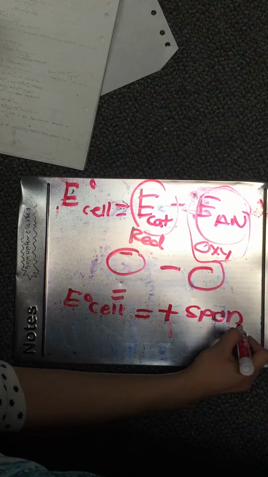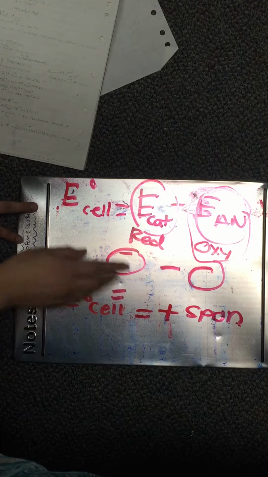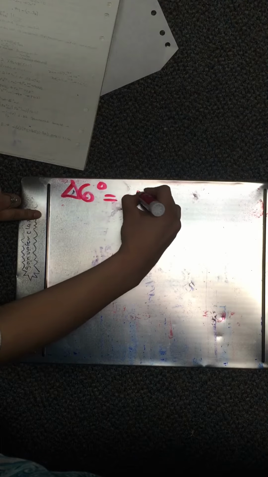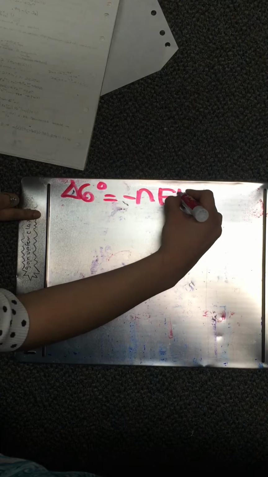And the E of the cell is spontaneous when it's positive. So positive, and then it's spontaneous. So remember that. Then we did a few examples where we found if it was spontaneous or not, just by looking at the table in the book. And then after that, we found the delta G naught, and we followed this formula,